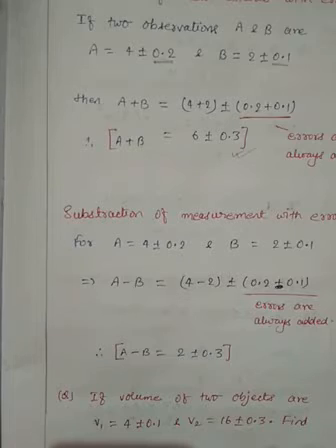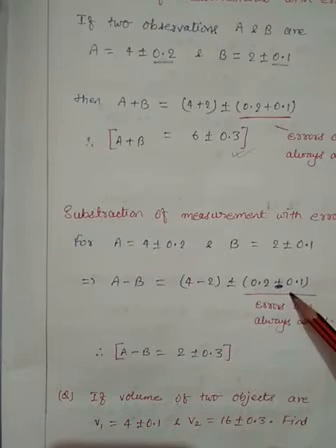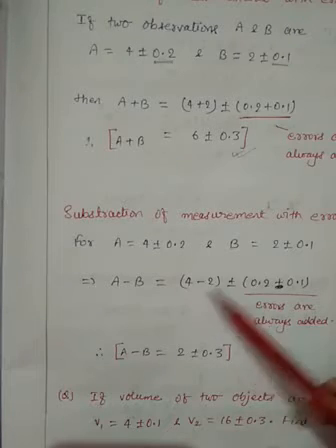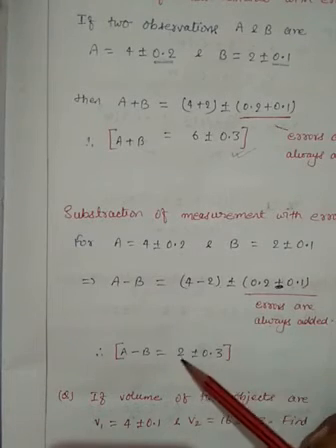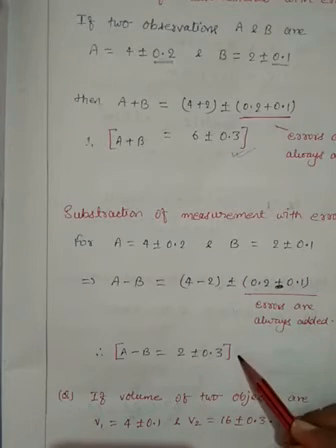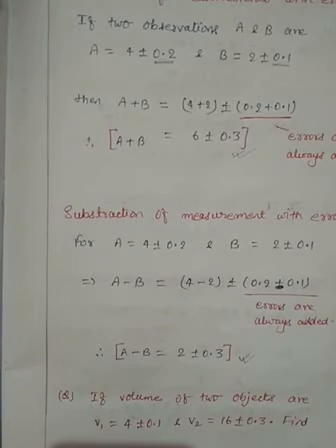To be more specific, suppose that you calculated something and that is wrong. Again I calculated the same thing and my value is also wrong. So whether we combine our values in the form of addition or subtraction, the value will be much farther away from the true value. So always remember that even in subtraction, the error has to be added, but the main part, that is the true value or absolute part, will be subtracted. So 4 minus 2 we are getting 2, and by adding the error part we are getting plus minus 0.3. So this is one example to make it clear how we can add and how we can subtract with the error.